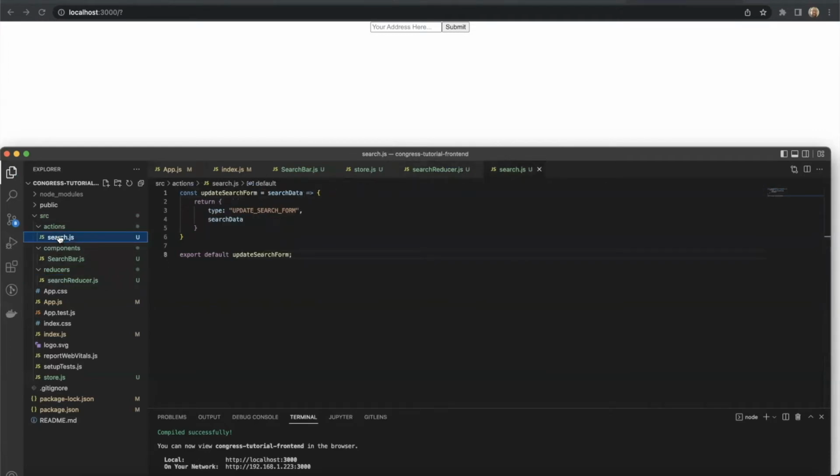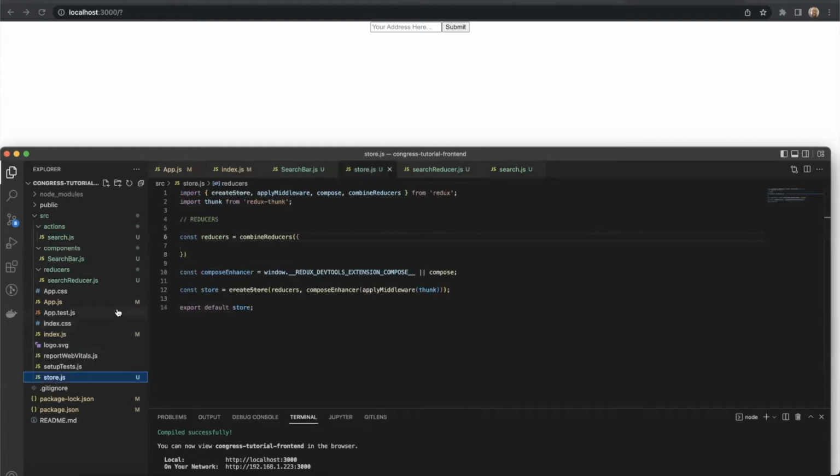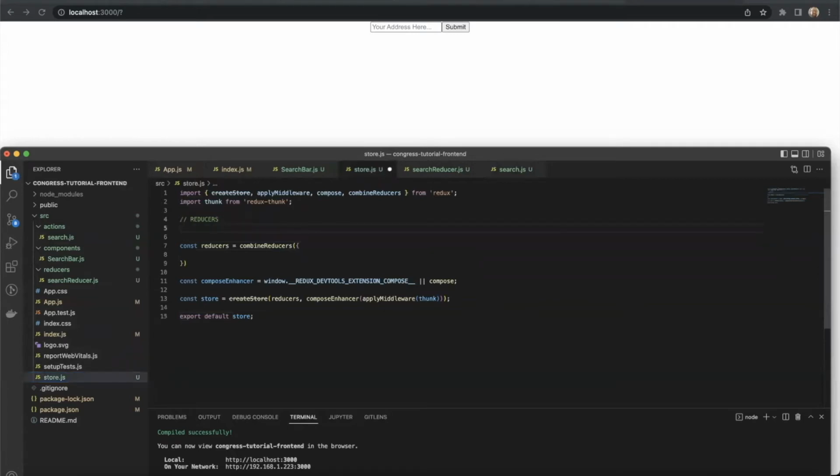Now, before we go ahead and start building out a function in our component to actually call this action and set our state, I think we're going to want to go back to our store. We're actually going to want to pass in this reducer so that we have access to it throughout the application. So let's go ahead and we'll import, we'll say search reducer